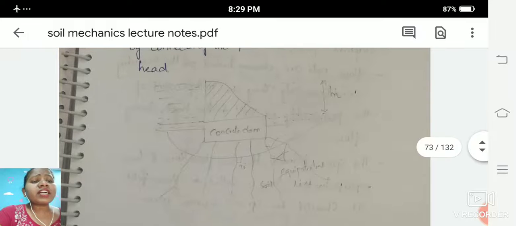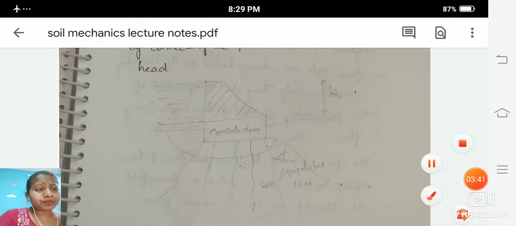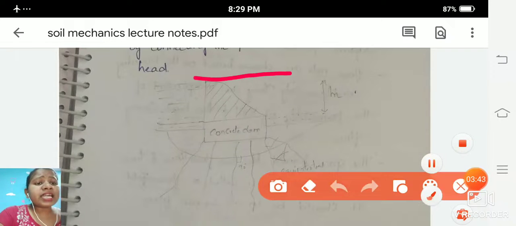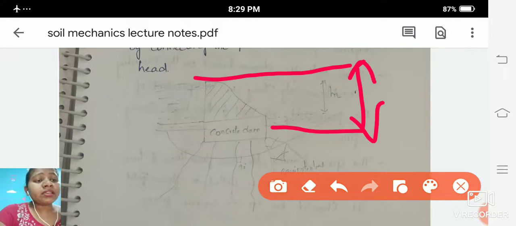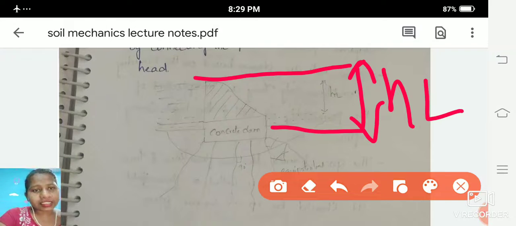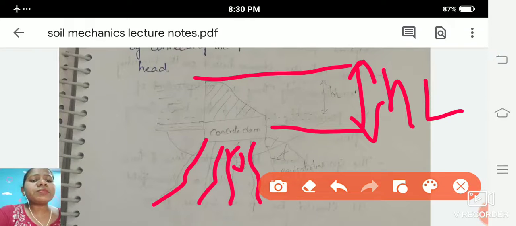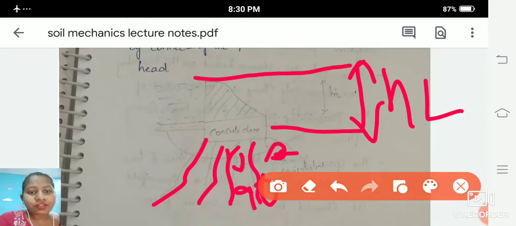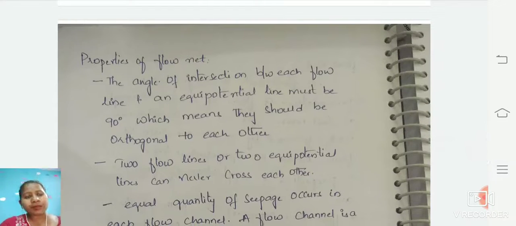You also have the height, the height of the dam, and from the depth, this is your head height, how much head height is taken into consideration for a particular concrete dam structure, and how the flow lines are formed. The horizontal one making a 90 degree angle will be taken as your flow line here. Next we will see the properties and how they are taken.